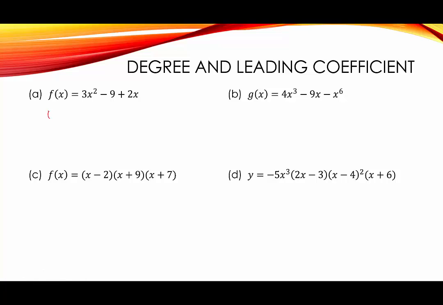So if we want to, we can rewrite f of x, and we can say f of x equals 3x squared plus 2x minus 9. It doesn't really matter either way. We see that the degree is going to be 2. So we're going to say degree